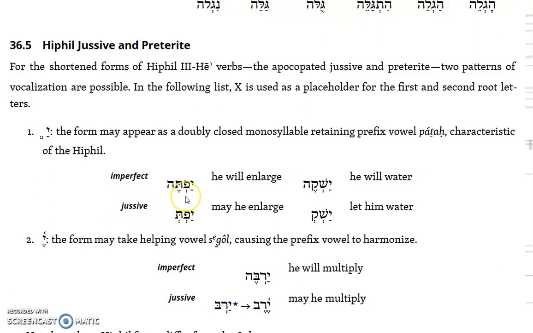So, for example, if you have patah, he will enlarge, and make it an imperfect hiphil, he will enlarge, yafteh. When you make it jussive, you'll drop the segol hey, but you may keep the patah vowel and you may get yafta, yafta. Same thing with